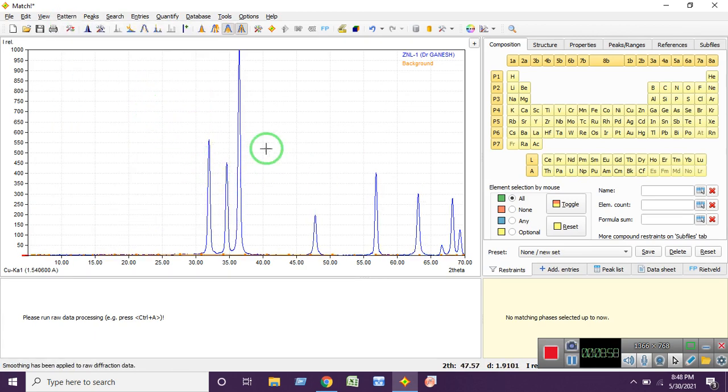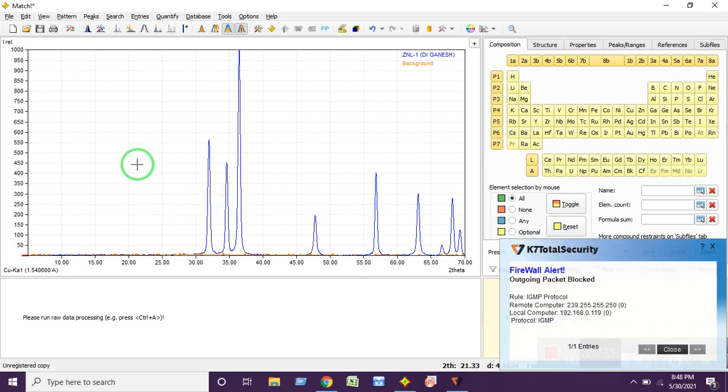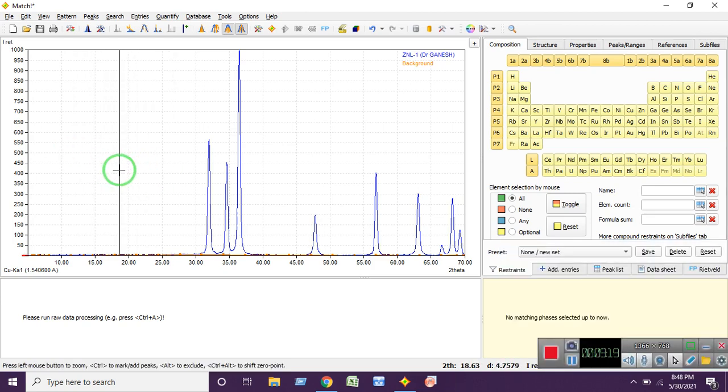The XRD pattern is going to have a number of peaks, so you have to select the peaks. For this purpose I am going to press Control X, capital X, on the keyboard. It is going to show you a vertical line on screen.